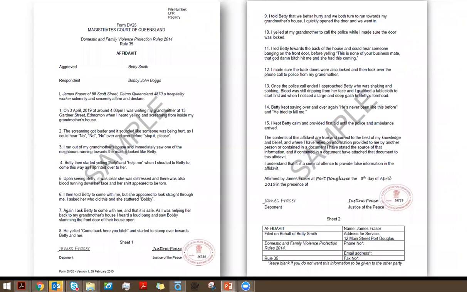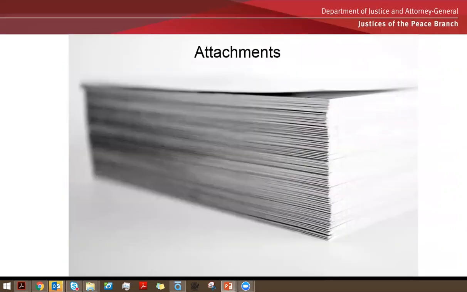Let's move on to attachments. So we just saw in one of the examples, the one that Olive was submitting to QCAT, she had a number of annexures included in her affidavit. Again, the rules of the court or the tribunal will govern how the attachments are to be treated, but essentially attachments are referred to as an exhibit or annexures.